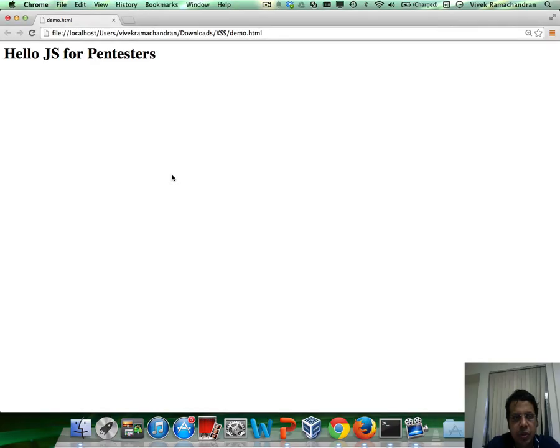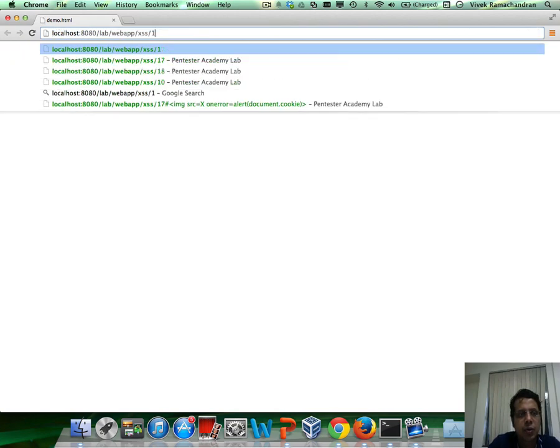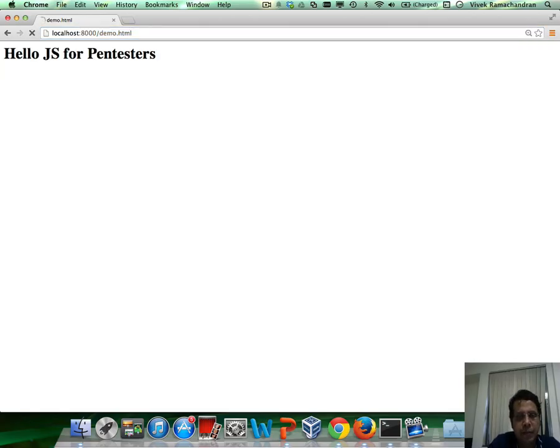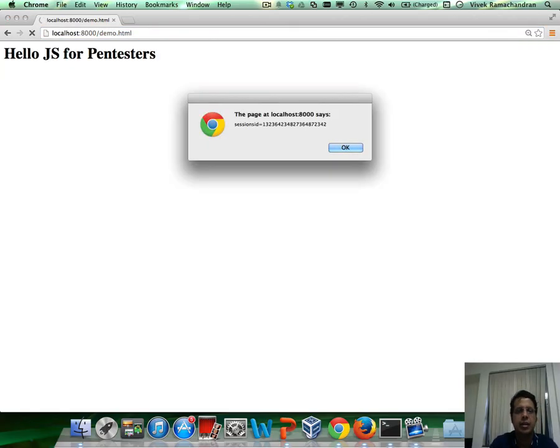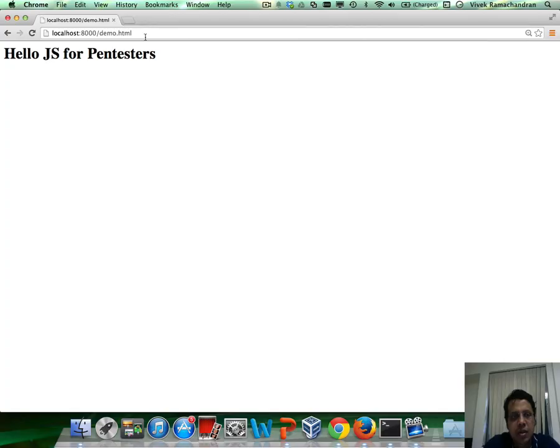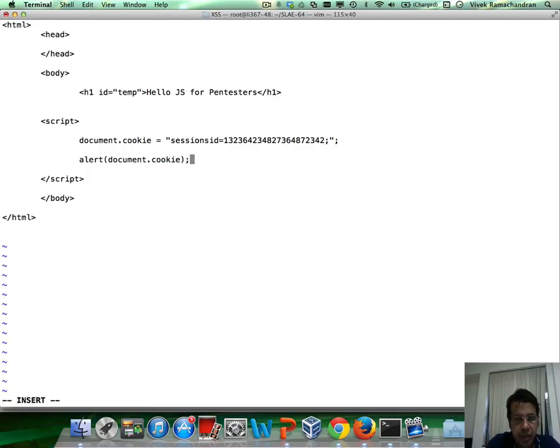So let's go in here and say localhost 8000 demo.html. And if you notice, the cookie session ID has this long random value, which is really what we set in here. Fantastic. Now it is possible, of course, to set multiple name value pairs, and we can very simply do